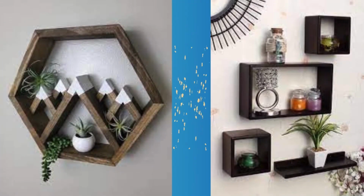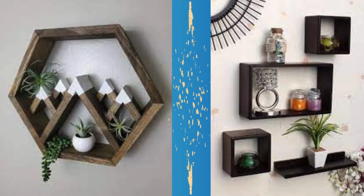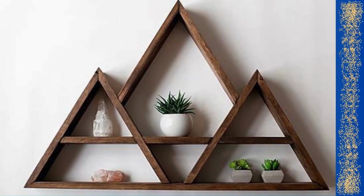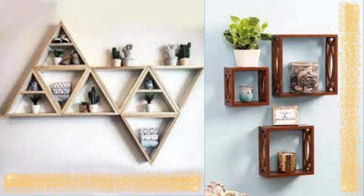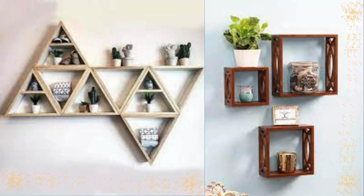Seasonal rotation. Refresh your shelf displays seasonally to reflect changing tastes and trends. Incorporate seasonal accents such as holiday decorations, fresh flowers, or seasonal textiles to infuse your space with seasonal charm and personality. Wooden wall shelves and hangings hold a special place in interior design due to their ability to seamlessly blend